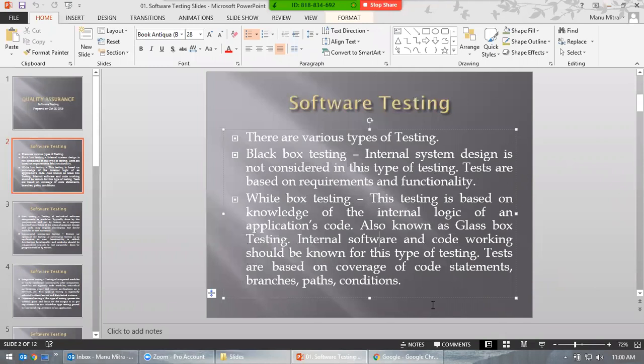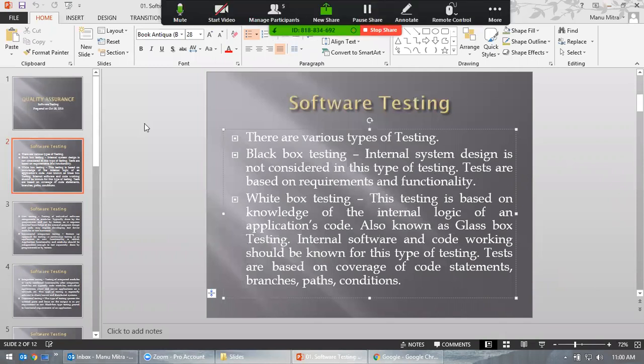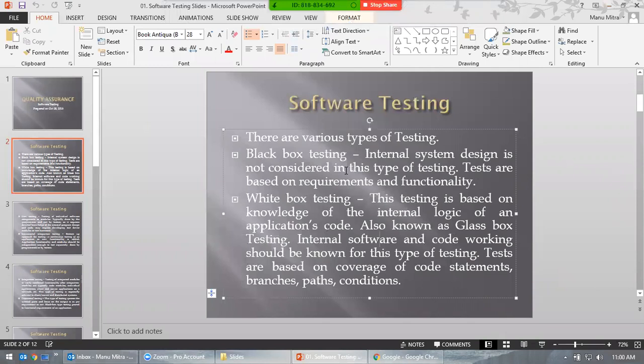So that's black box testing. Any questions so far in black box? So black box testing is a high level testing done by the testers, and it's based on requirements and functionality. Again, you have to understand this. High level means your boss stops at your desk and says, "Hey, did you complete your black box testing?" You have to respond appropriately. You cannot say, "I don't know, I don't think." You have to be very professional in giving answers, and make sure you are answering the right question. Okay, so that's black box testing.